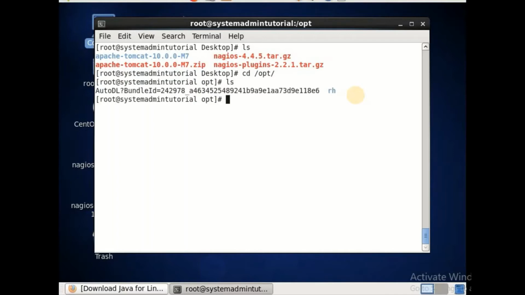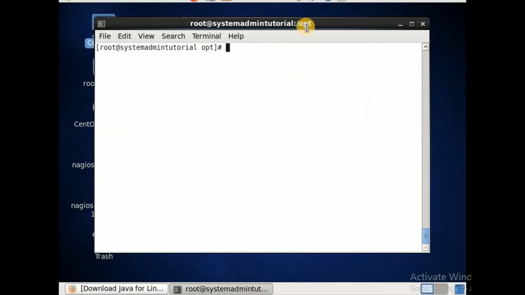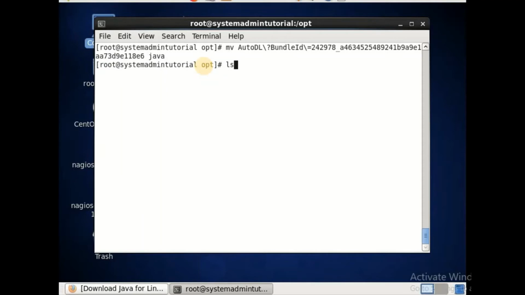The name of the Java file which we have downloaded is some long name, so if you want, you can rename it.